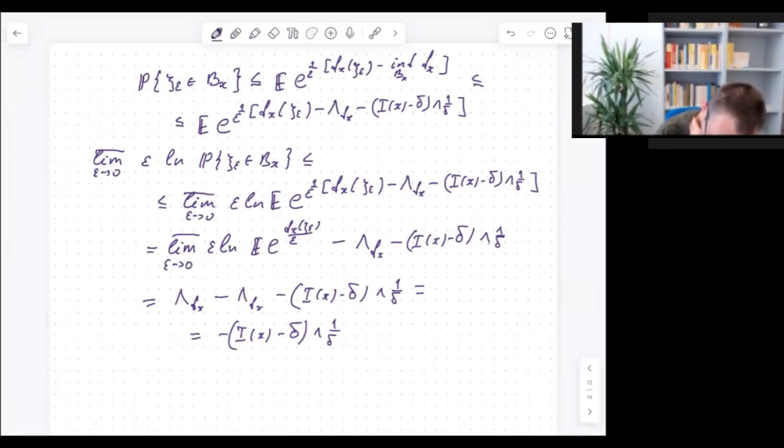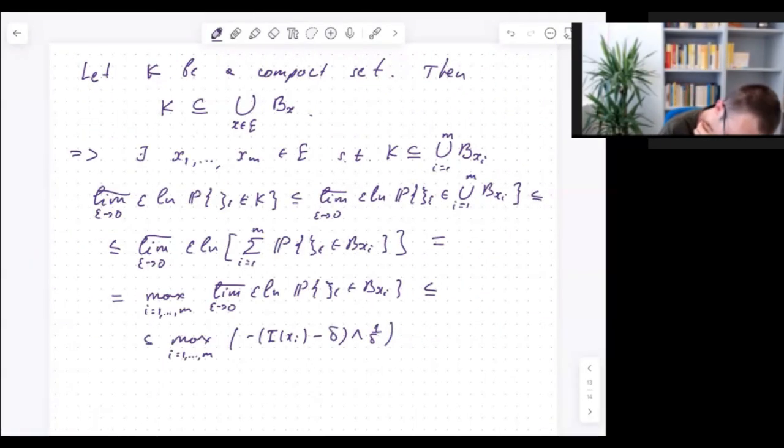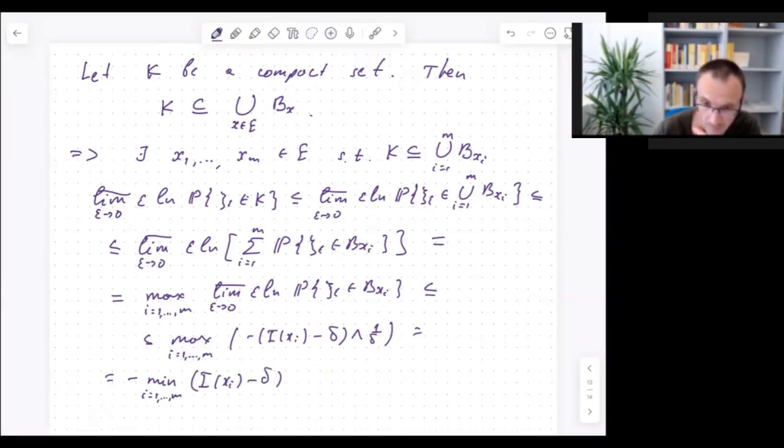Now you have like minimum. So here you should be careful because that is for the complete expression, right? Then here we have it is equal to minus the minimum over i from 1 to m of I of xi minus delta,